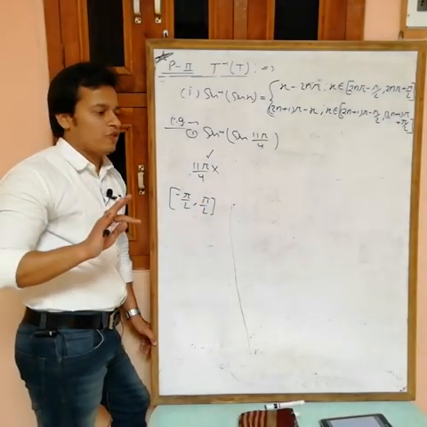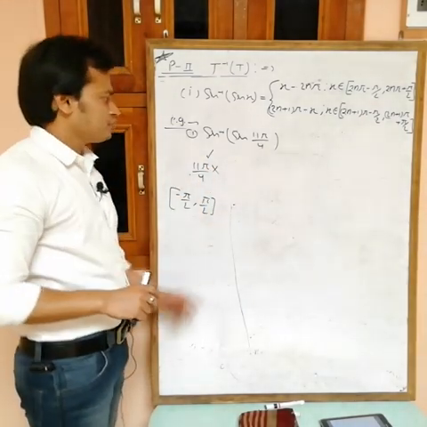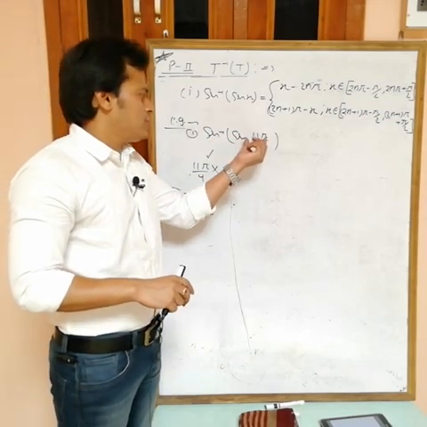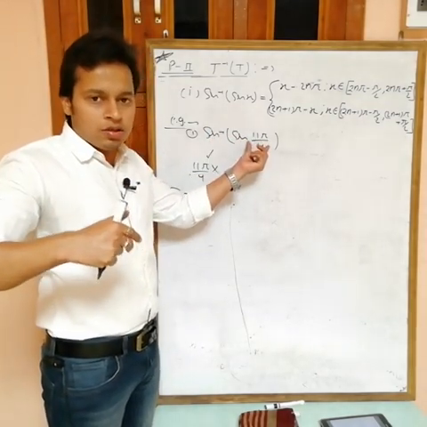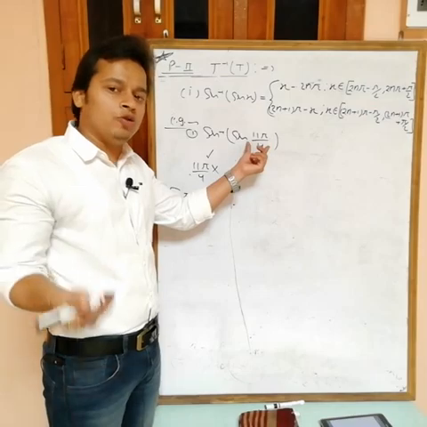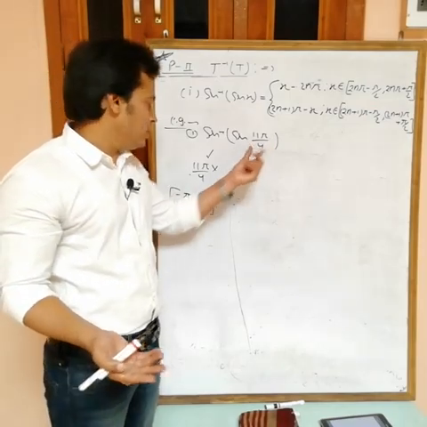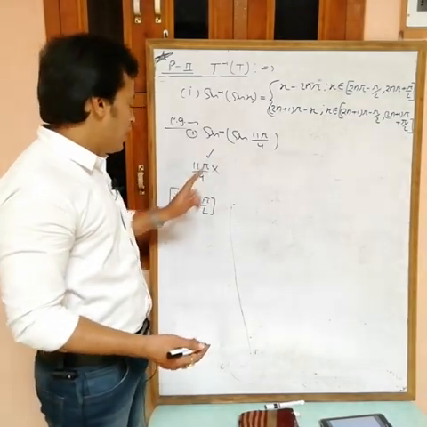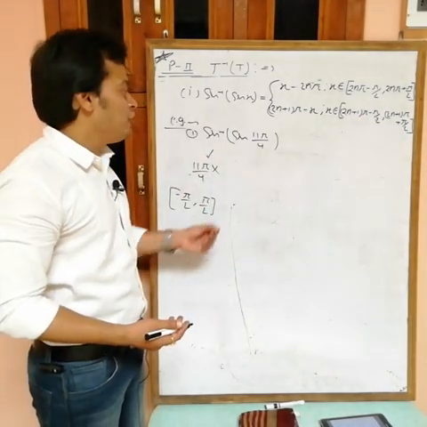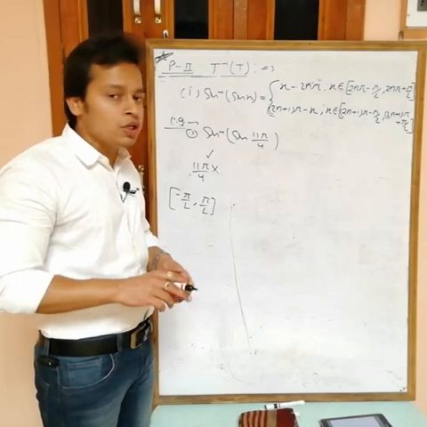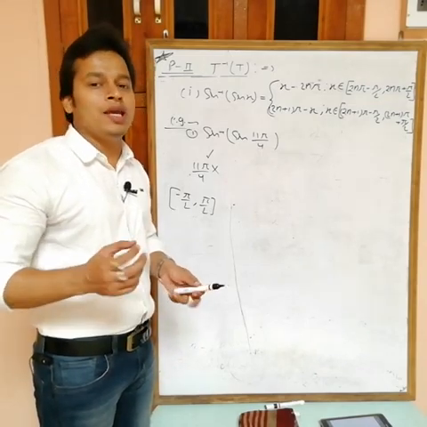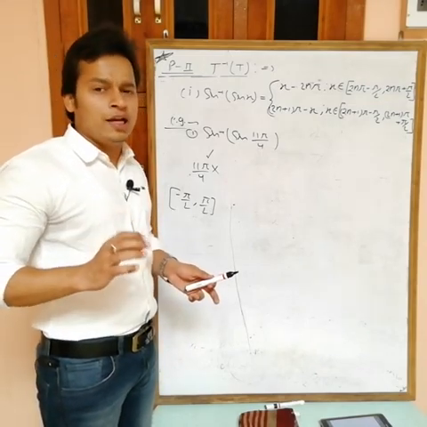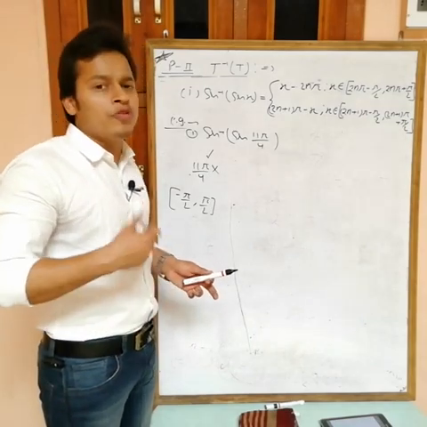So first what do we have to check? Just check one thing. In sine inverse sin x, first check whether x lies in the interval minus pi by 2 to plus pi by 2 or not. If it lies in this interval, then the answer is directly x. If it does not lie in this interval, then identify whether this x is near an odd multiple of pi or an even multiple of pi, or just identify which multiple of pi it is near.